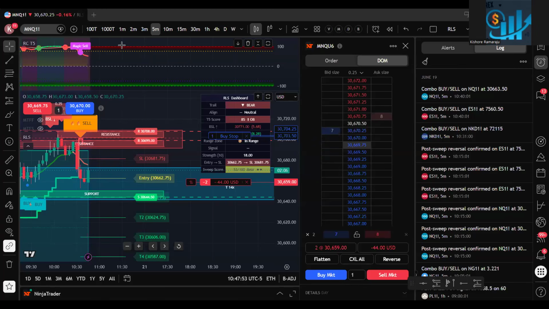And then, while we do evaluation, we use minis on a 150K account. When you do pro accounts or pro plus accounts, we can do the same thing with micros. So if you make 300, 400 in one account each day, and you do it in 5 accounts, that is nearly $1,000 to $2,000 each day using this liquidity sweep strategy.